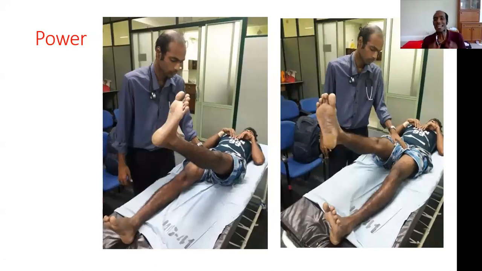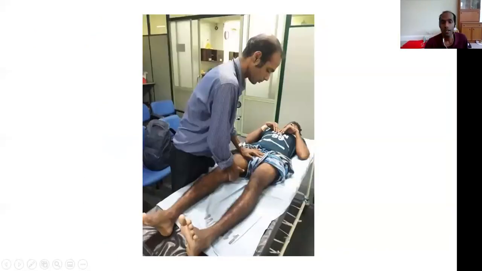Okay, so inspection, tone. The next thing to do is examination of the power. And in these pictures, I have demonstrated examination of the muscle power. Now remember, when you examine the muscle power, make sure that you examine the hip muscles, then the knee muscles, ankle muscles. So go down in sequence. And here I have shown you flexion of the hip, and just watch the pictures and remind yourself of the technique. Right? This is extension of the hip